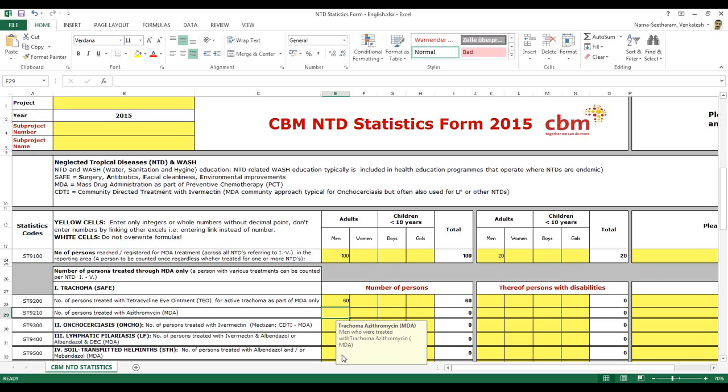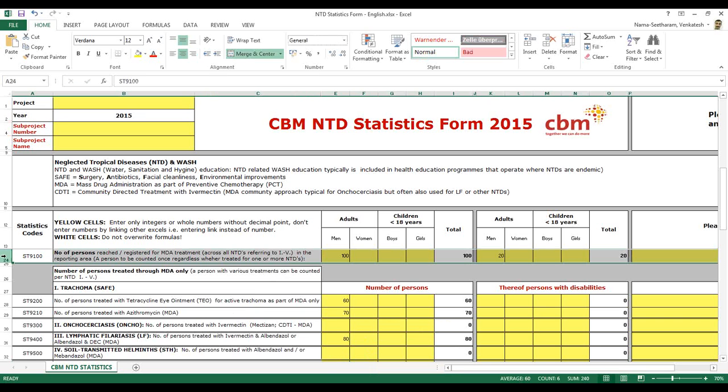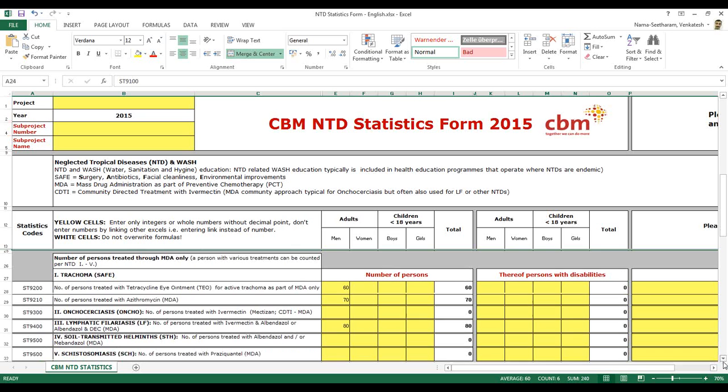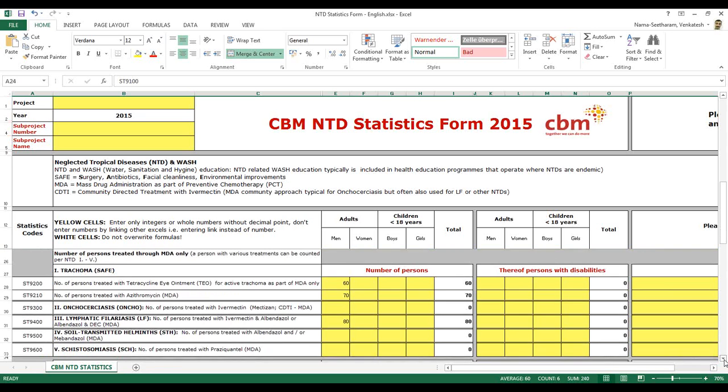I'm just giving a rough figure because I don't know much about the entities. The 60 who have received one treatment may also receive LF, and additionally they might have received others, say 80. Fine. So in this first section you count only the number of persons, and here the persons treated for each individual MDA. That's the logic.